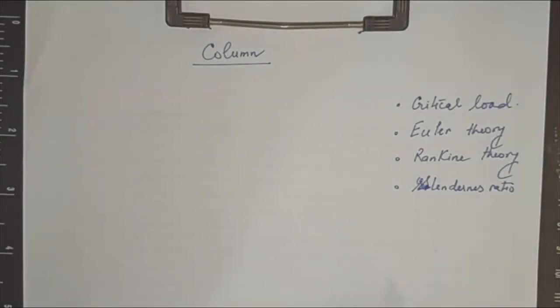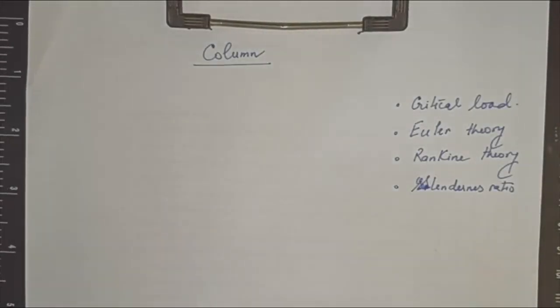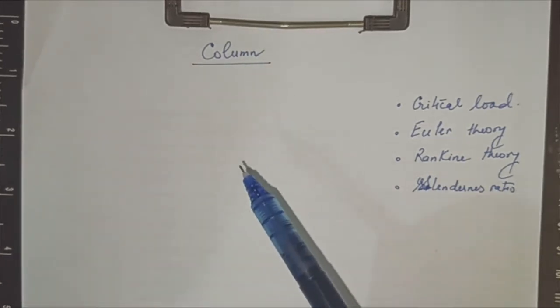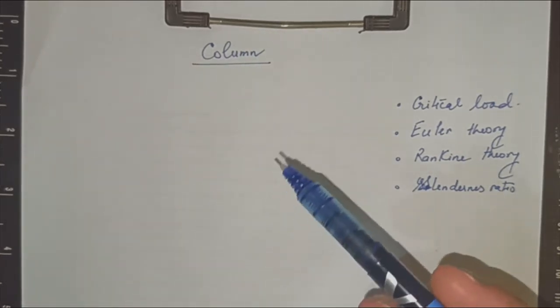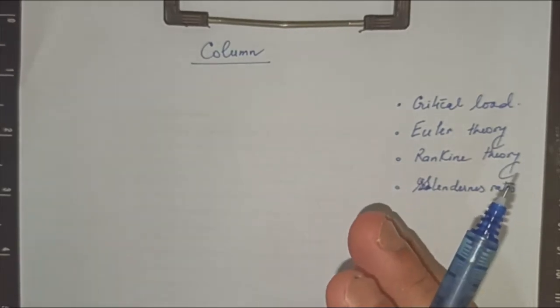Hello everyone. In this video we'll be discussing columns. We'll be looking at the different structural members that face a vertical load, especially when the load is vertical. Then what happens to that structure? You have seen such types of structures which connect the floor to the roof,